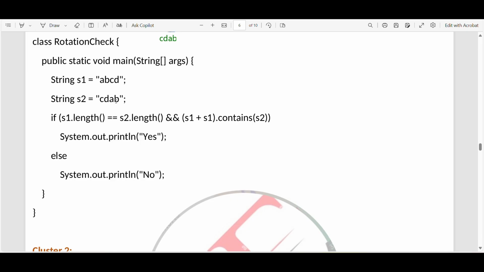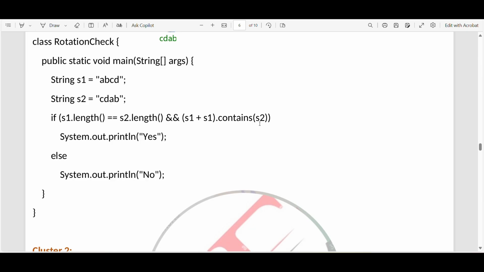To check whether these are rotations, we need to check their lengths first, because if they are rotations, their lengths must be equal. So we check s1.length and s2.length, if both are equal, and